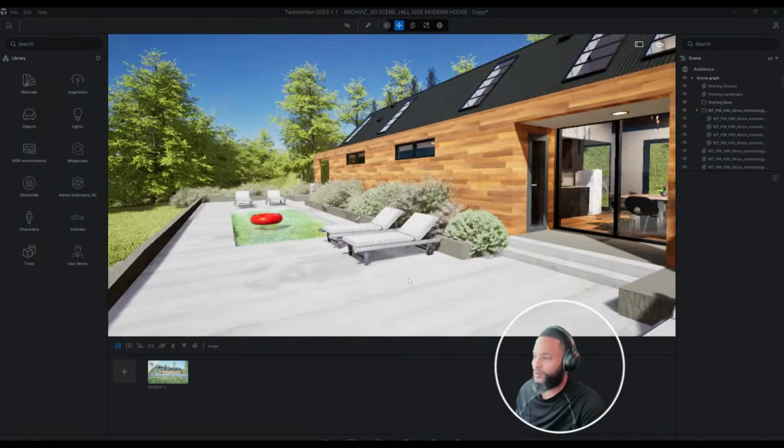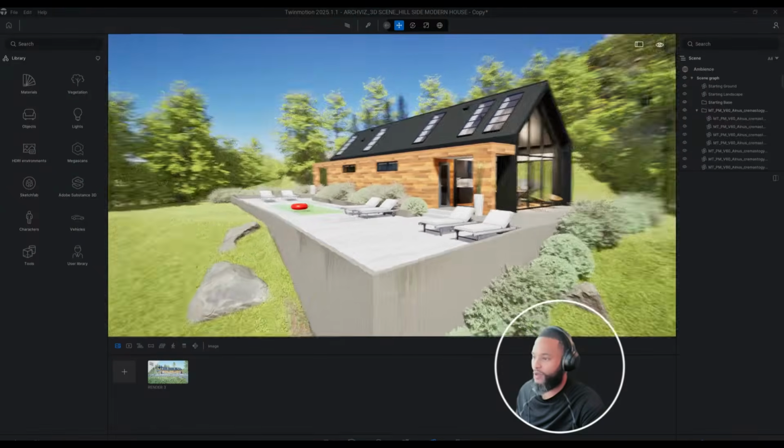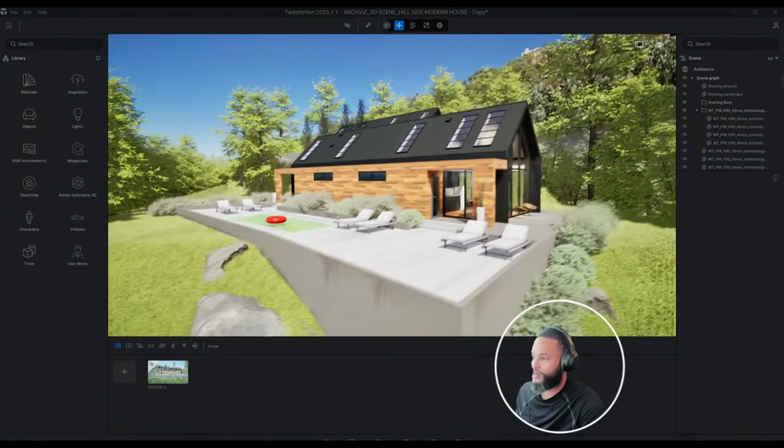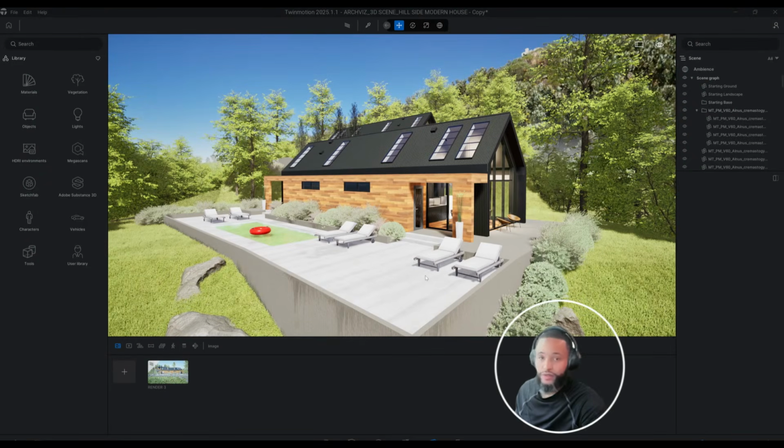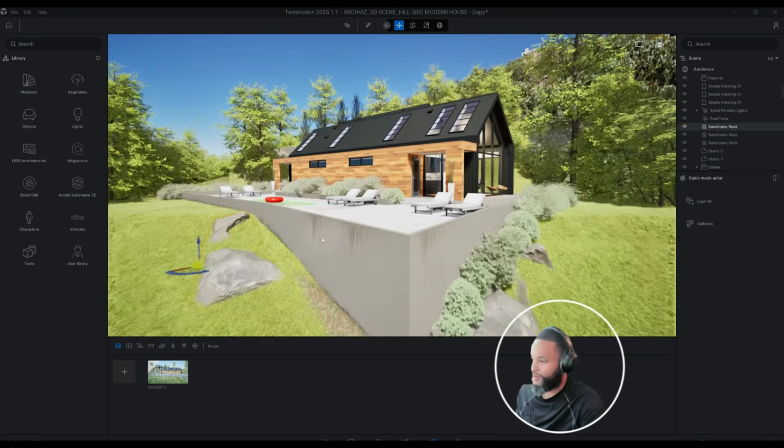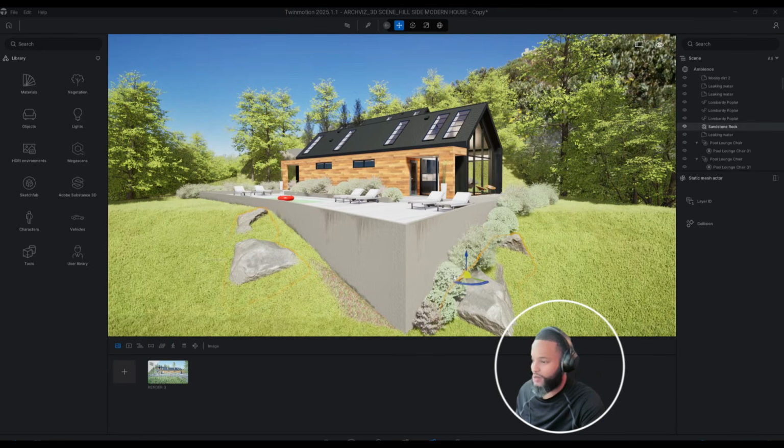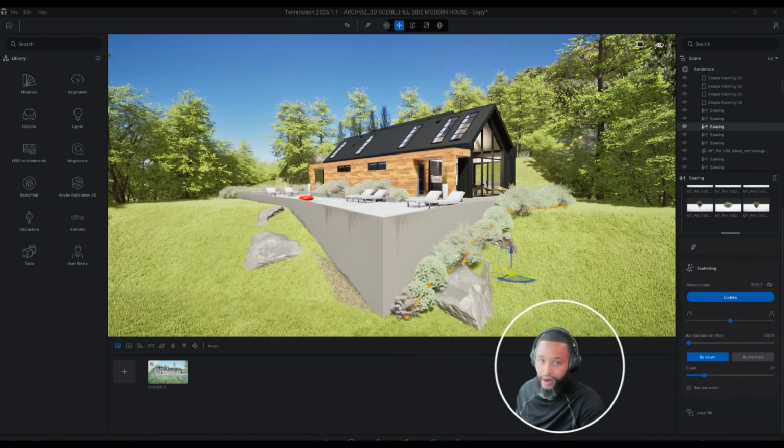Okay, so let's see what we have here. We have a pretty cool 3D scene that I created using Revit. It's 100% Revit, and we also use Twinmotion and SketchUp, and we also use Megascans. So a lot of these assets that you see that I'm clicking on, and we also use MaxTree. So we use a variety of tools and assets to create this 3D scene, this rendering, but it is fully 100%